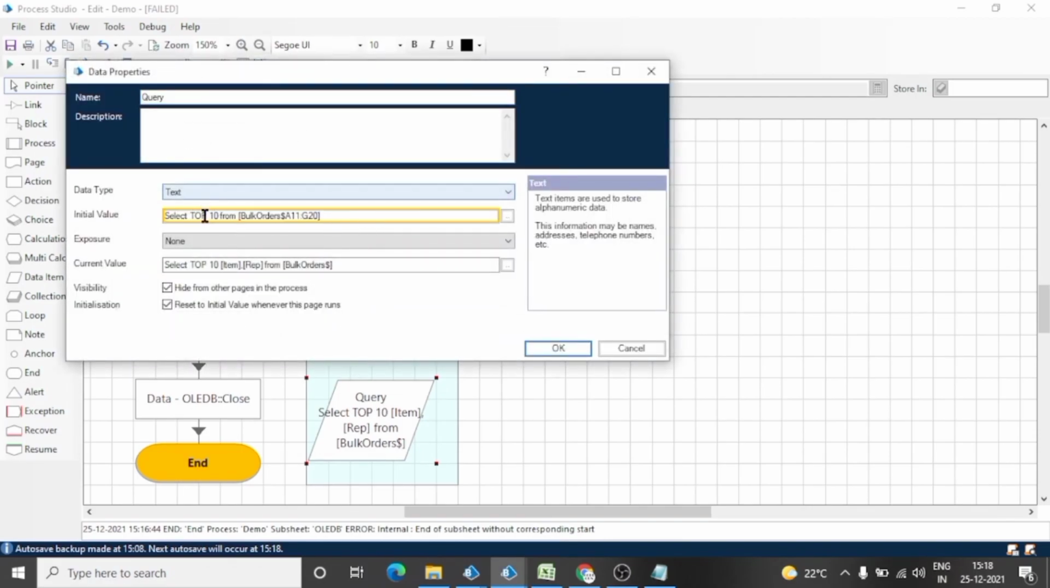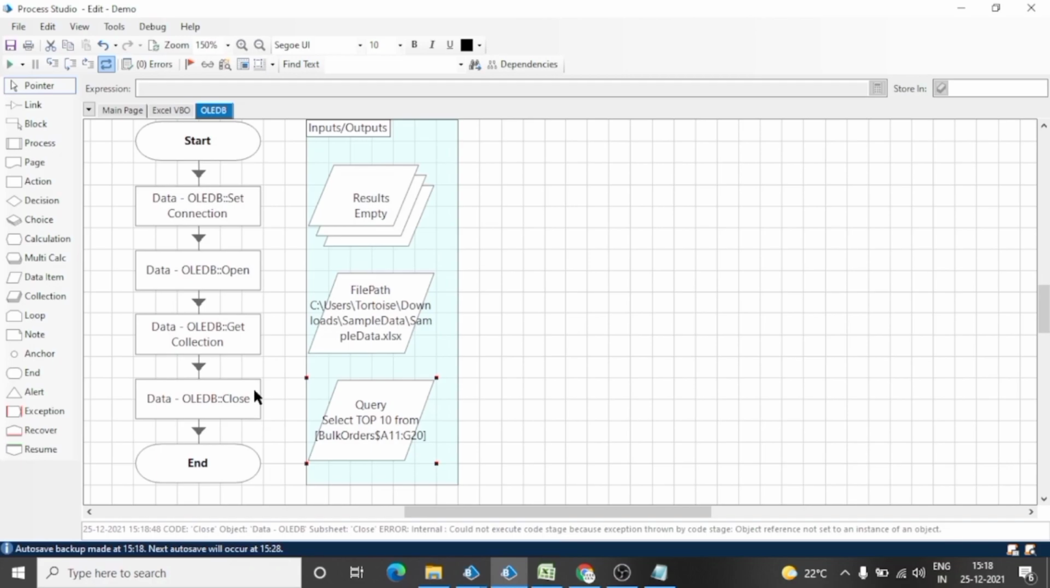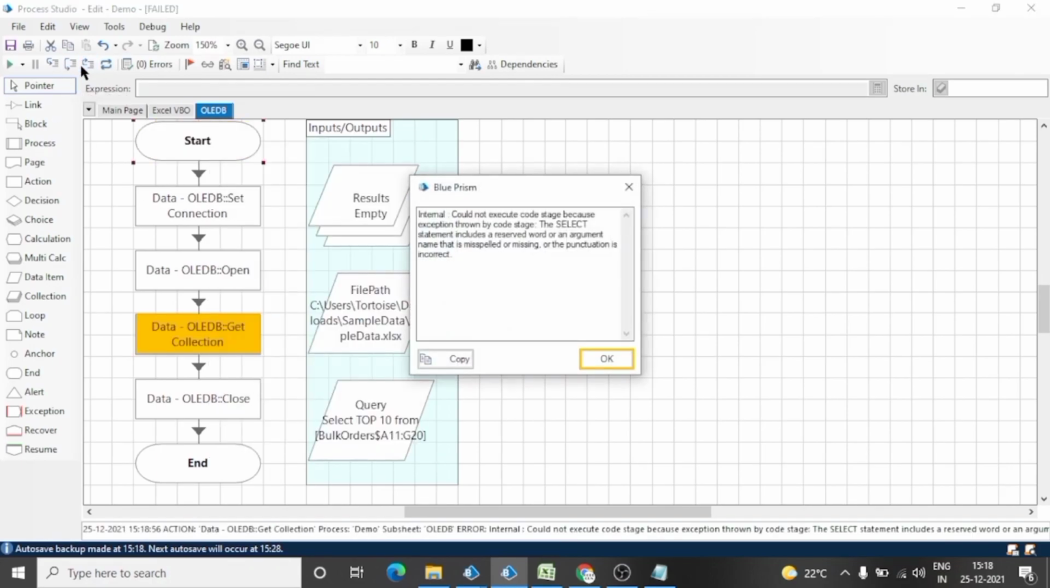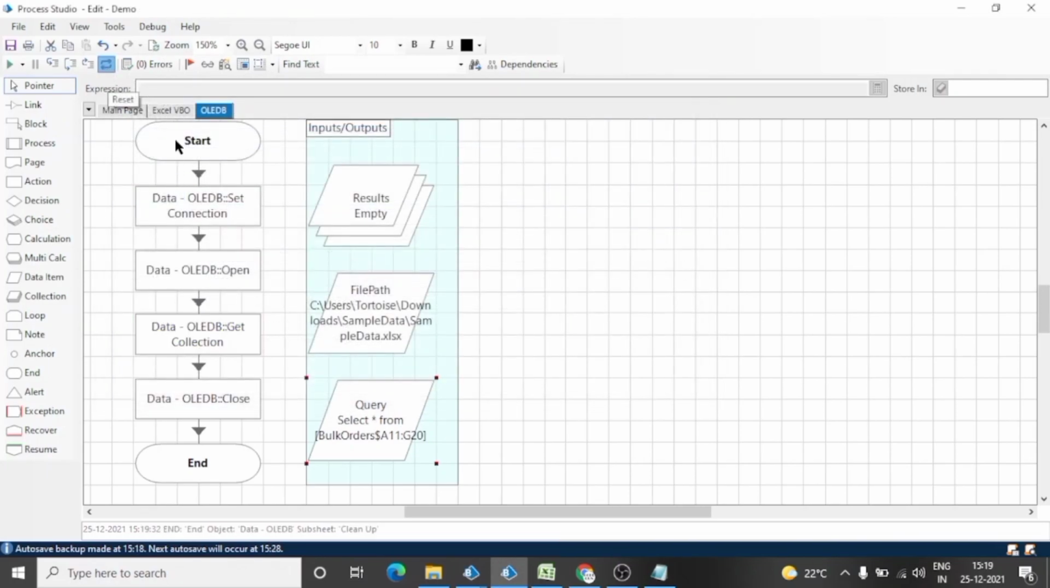Select top 10 from bulk order dollar A11 Z20. Reset, set next stage. The thing we missed is this top 10, because now it won't select top 10, it will select all the data in between this range A11 to G20, so we can't use top here. Reset, set next stage. See, we got 9 rows from A11 to